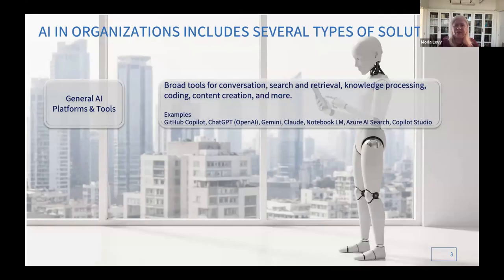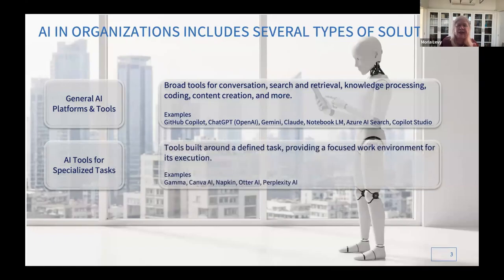Aside from these general platforms, we find two additional categories. One is AI tools that are designated for specialized or specific tasks. For example, Gamma is for building presentations. Yes, I can go to a general platform like Gemini and ask it for help in building a presentation. But if I want something very specific, with functionality that is designed and very excellent and very focused on presentations, I may go to Gamma or to Canva.